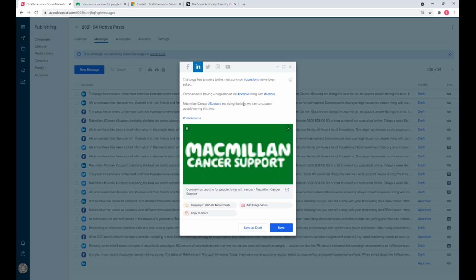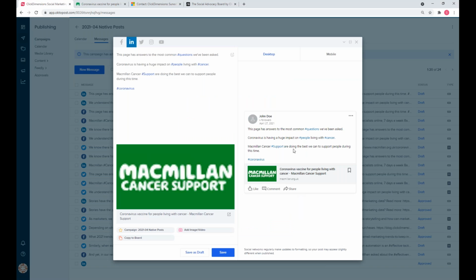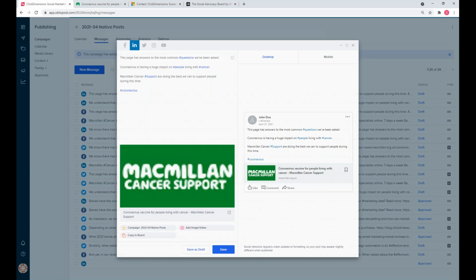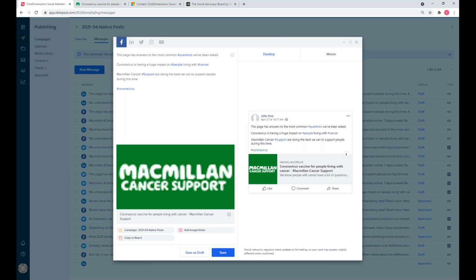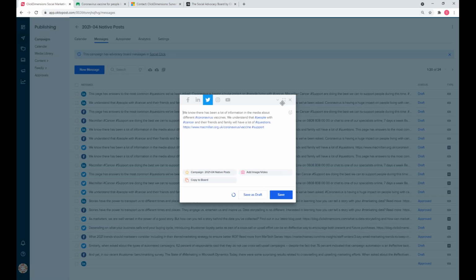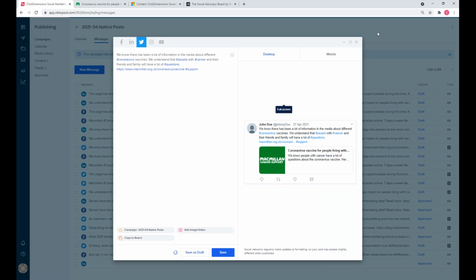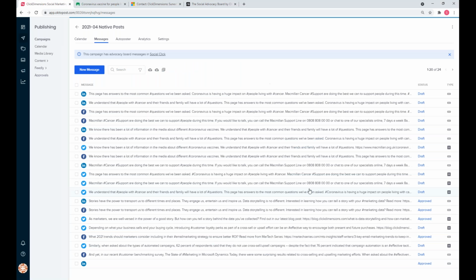They look pretty slick. You can see here, it looks very professional. The hashtags are all in order as well. I can open this up into full screen as well, so I can really see what this will look like once I post it on LinkedIn. It will have a thumbnail image. People can click into this and go to the article. This is how it will look on Facebook as well. It looks very similar on Facebook. I think we have one for Twitter here as well. There we go. So you can see what these cards look like on both desktop and mobile.